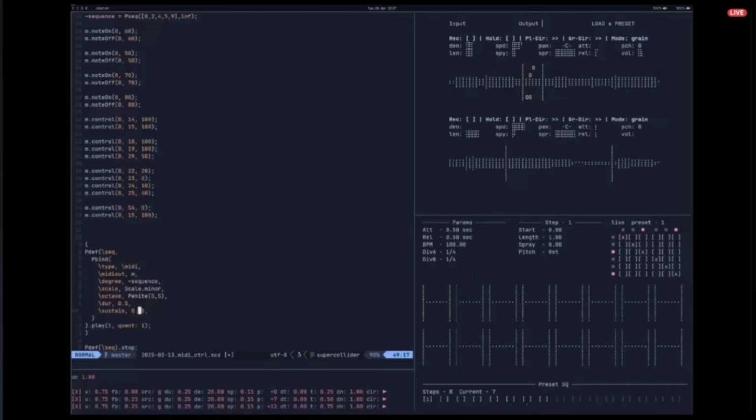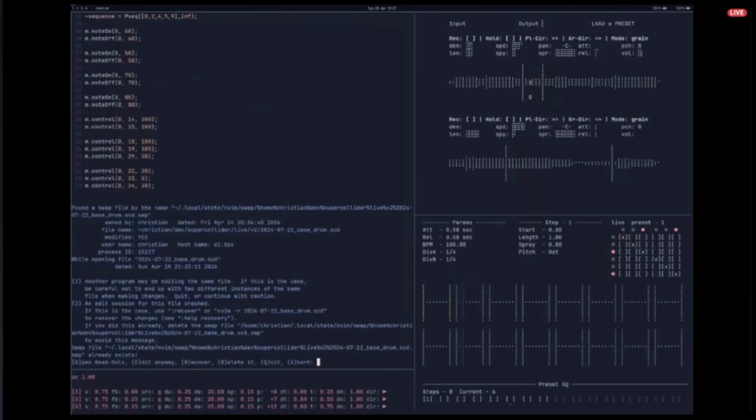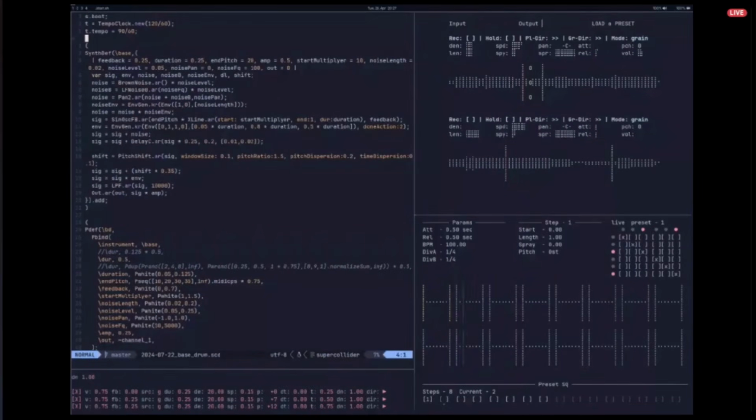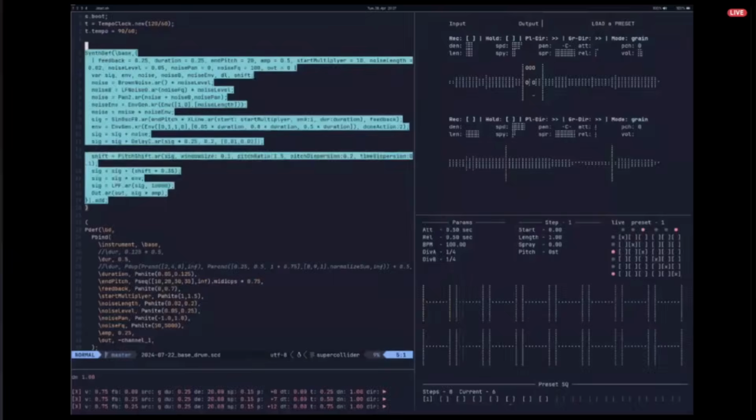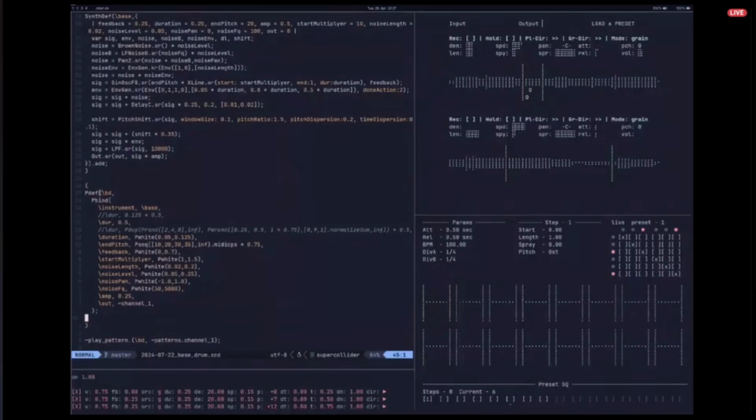Okay, something like this. And now the cool thing is, because this melody is being generated by SuperCollider, it's all synced, like everything that I do with this pattern can be synced to the same clock. So now I have an example, this patch, which is a bass drum, or kind of a percussion thing. So I need to add it to the server, and then I have this pattern,